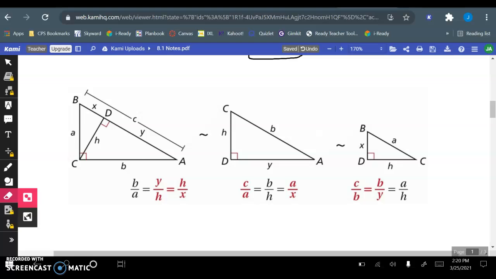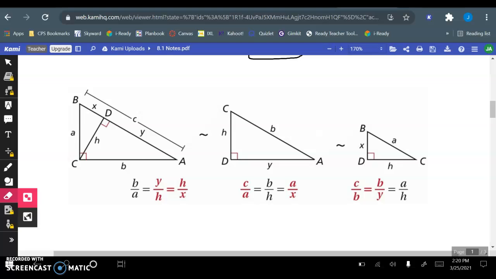So then the middle one says C over A. So that would be that long side, that hypotenuse side there. Both X and Y added together is C over the short leg. So that would be in the middle triangle, the hypotenuse over the short leg, which is B and H. And then in the little triangle, the hypotenuse over the little leg, which is A over X. And then the last